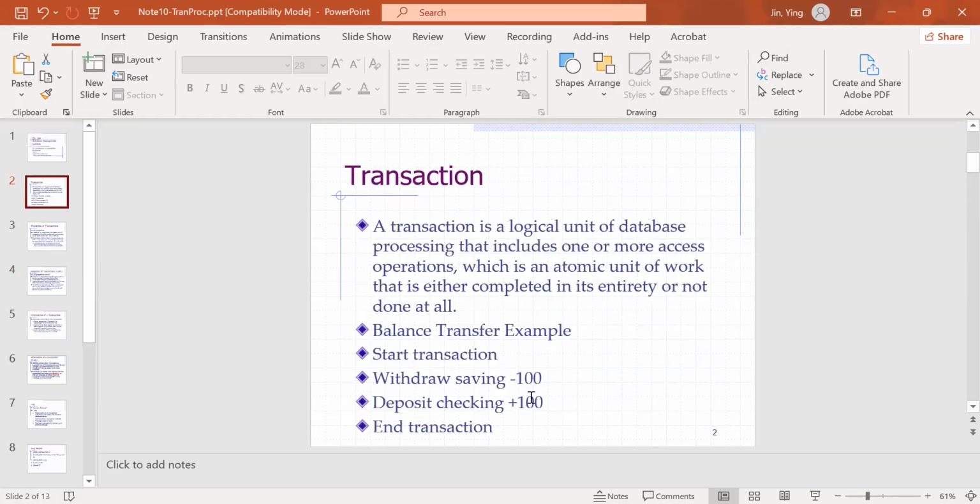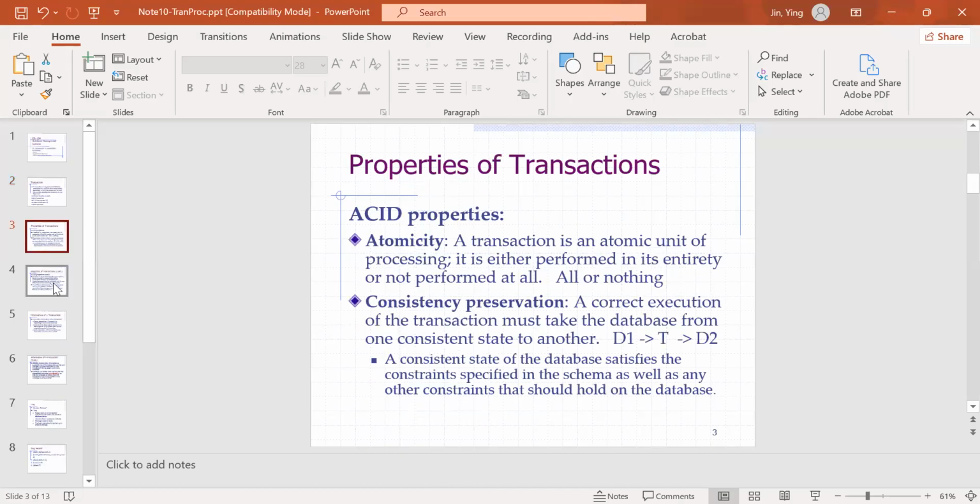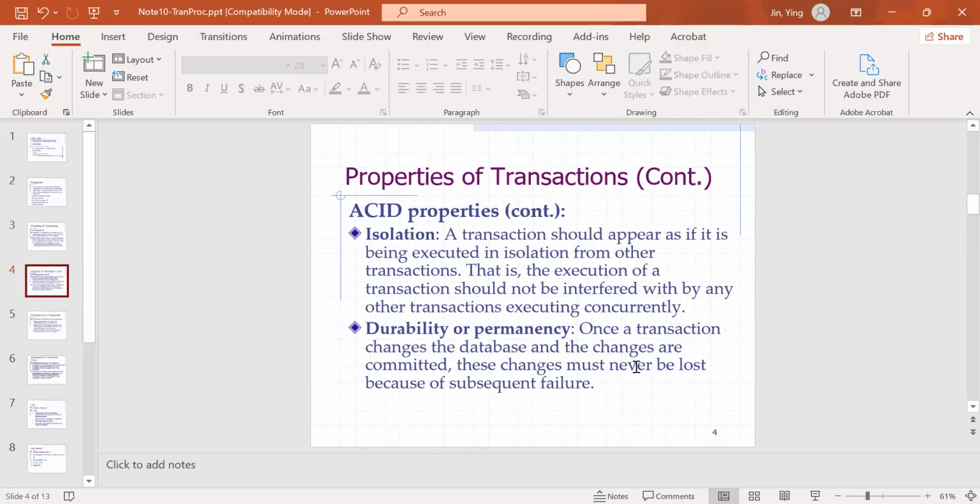Basically we transfer the money, withdrawing from savings and depositing into checking. This kind of change in the database should be on the disk permanently. It should not be lost because of subsequent failure. This is what happens when we do a bank transfer, right? When the bank tells you yes, the transfer was successful, you expect to use the $100 in your checking account